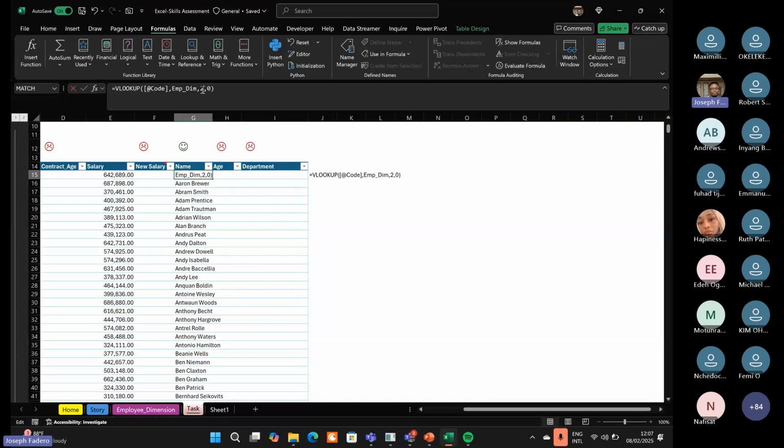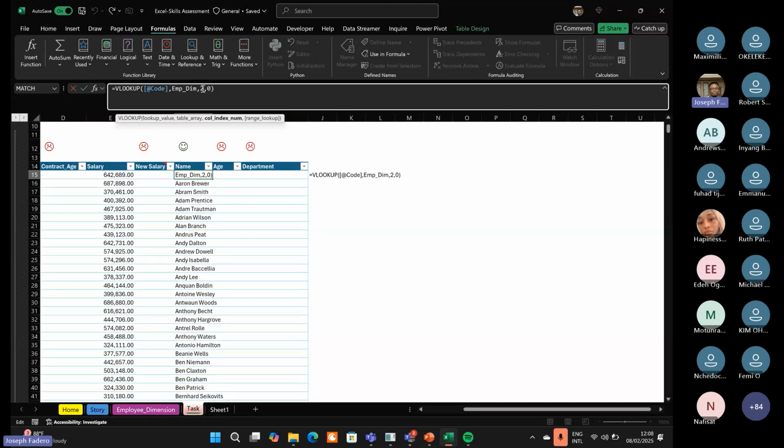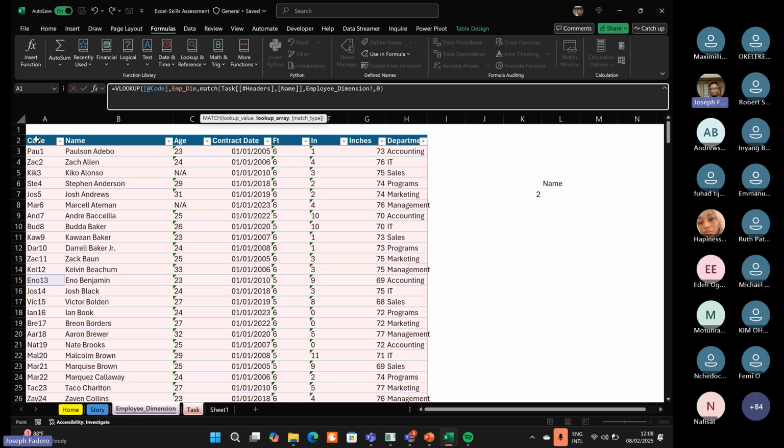So what I can do is I can come here, instead of having 2, I can do equal, remove the 2, press match, press my bracket here. Lookup value will be the name because I'm interested in finding what position the name is, comma. Lookup array will not be everything, will just be the column header. This is for the match, it's not for the VLOOKUP. Match, then comma, I want to see an exact match, then I will close my brackets, and if I hit enter like this,